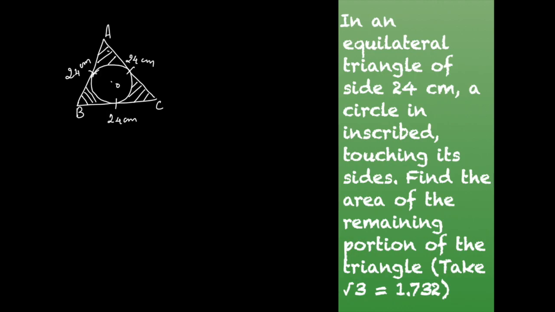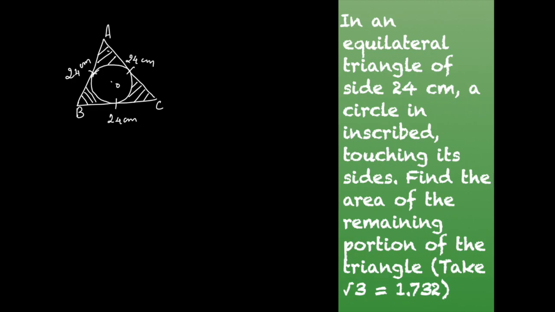There are many ways to find the area of the equilateral triangle. We know many formulas, like half into base into height. Here we don't have the height, but we have the base, so we have to find out the height. Or with the three sides, the Heron's formula is also there. And in this case, we also have to find out the area of the circle. For that, we need the radius of the circle. So if we use one way, we can find both the area of the equilateral triangle as well as the area of the circle.